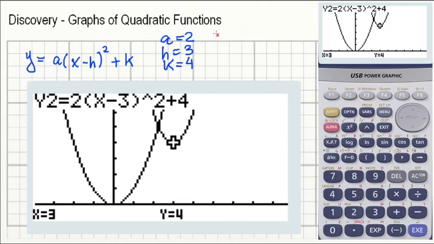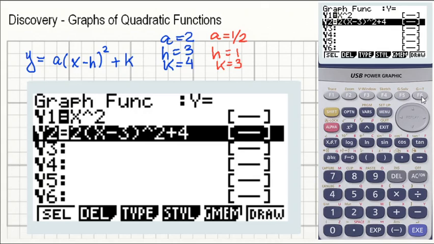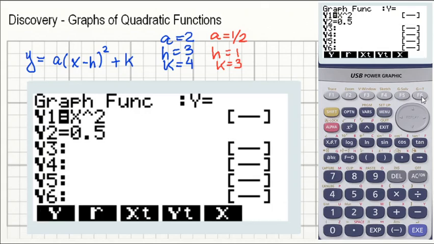Now, just because I have a hard time believing in things the first time, I'm going to try some different numbers here. So now I'm going to try and stretch my function in some other way. I'll try h equals 1 and k equals 3. So let's go back to the calculator, go back to the functions here. Let's delete this one, I don't need it anymore, and I'm going to type in the new function. So 0.5 multiplying open bracket x minus 1 squared